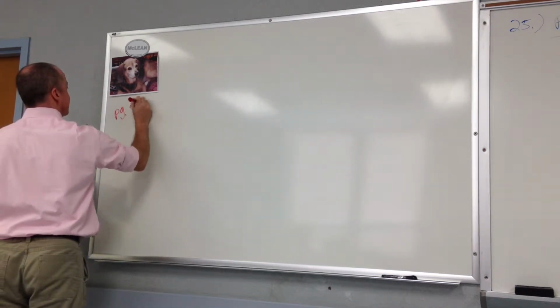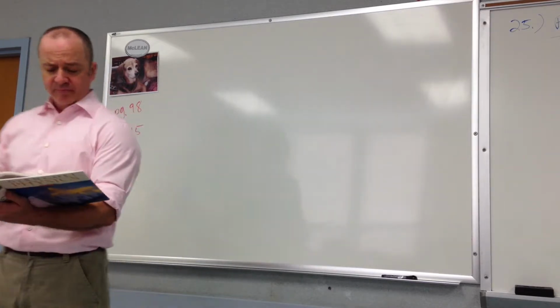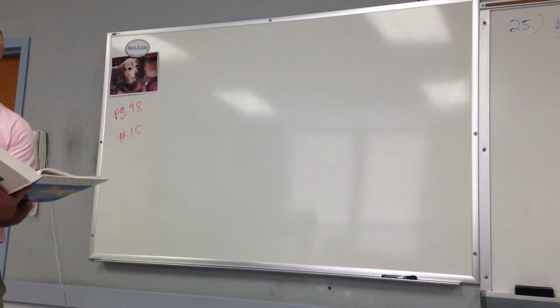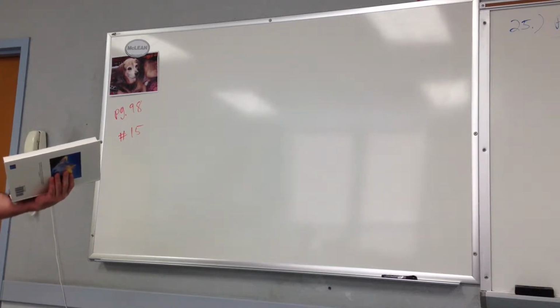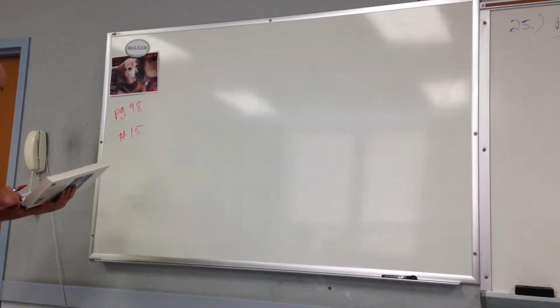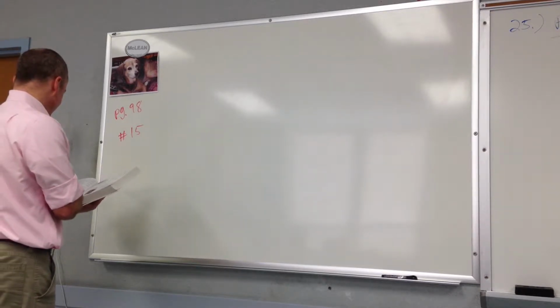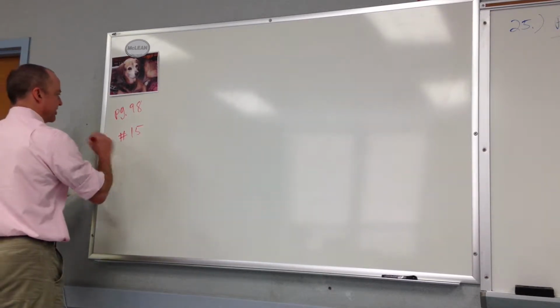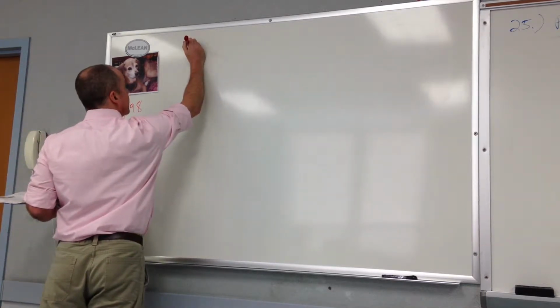Page 98, and we're doing number 15, which is an elevator problem. The problem says, a person stands on a bathroom scale in a motionless elevator. When the elevator begins to move, the scale briefly reads only 0.75 of the person's regular weight. Calculate the acceleration of the elevator and find the direction of the acceleration. So here's the deal. A person in an elevator